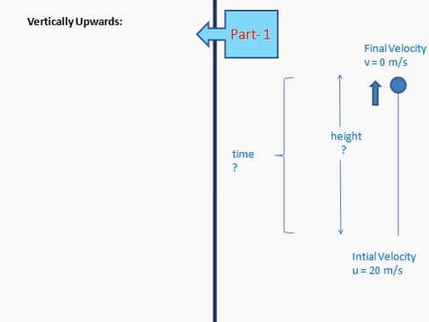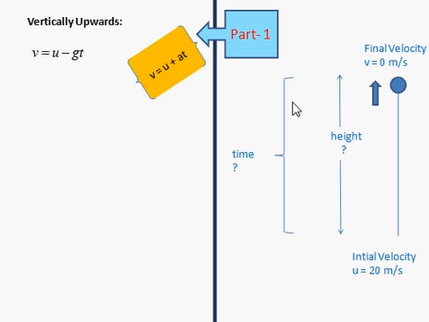I am dividing the problem into two parts. The first part is the movement of the ball from the ground to the maximum height, and the second part is the return of the ball from its maximum height to the ground level. The initial velocity of the ball is given in the data, and as I have previously told, the final velocity will be zero because it is moving against the gravity. At some point of time it will lose all its velocity and the final velocity of the ball will become zero.